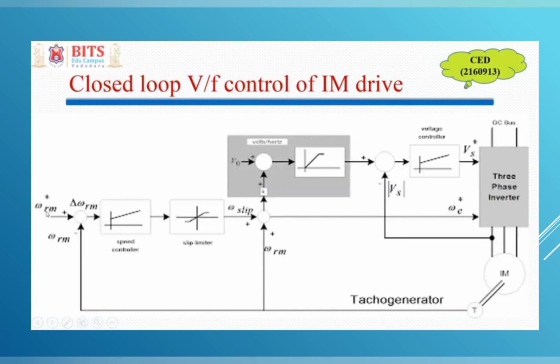Now these desired two-phase signals V alpha star and V beta star are converted into three-phase VA star, VB star and VC star using inverse Clarke transformation. Finally, the desired VA star, VB star, VC star will be given to the PWM control circuit, where they will be compared with a triangular carrier signal to generate the gate signals for the switches in the inverter. At last the inverter will give the desired voltage and frequency based on the desired rotor speed given.